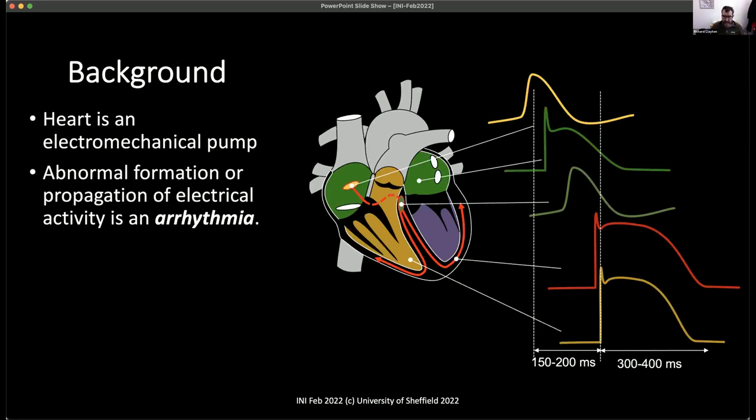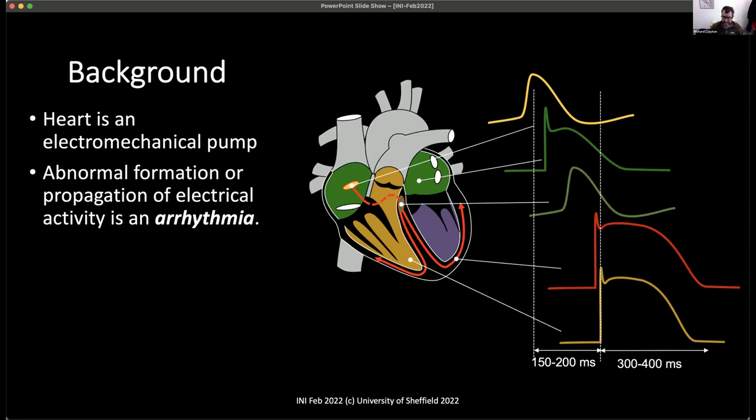They're topics for another day, but happy to address those in questions. So just a little bit of background. Our hearts are electromechanical pumps where the mechanical contraction of the tissue is initiated and synchronized by an electrical activation and recovery. In a normal heartbeat, the electrical activation starts in the heart's natural pacemaker, which is at the top of the heart here, and it spreads down through the heart, resulting in activation of the ventricles, which do most of the pumping of blood around our pulmonary system, so through the lungs